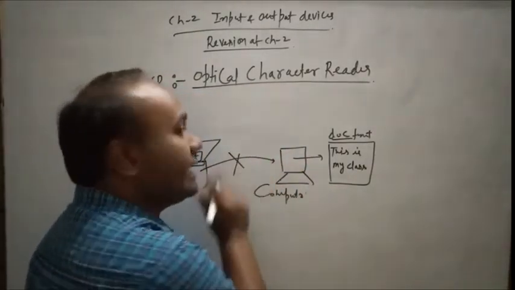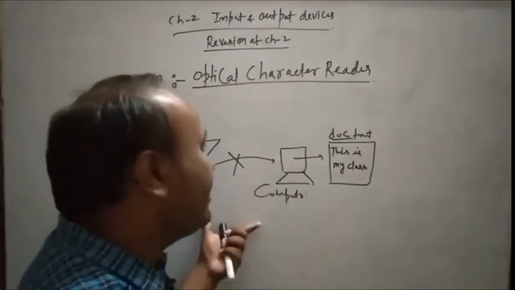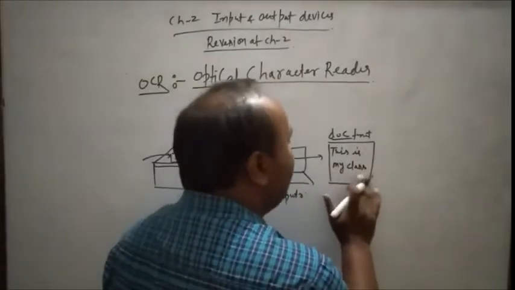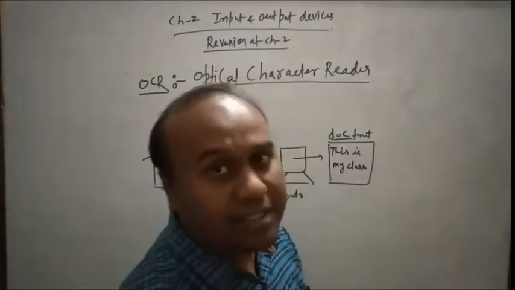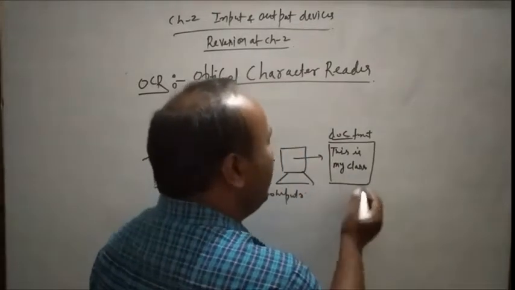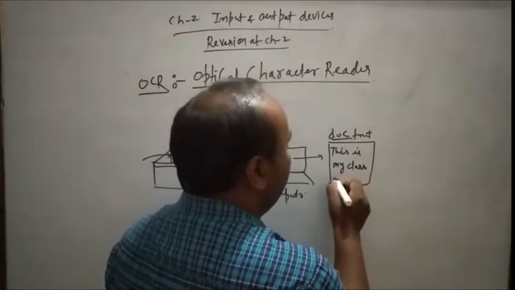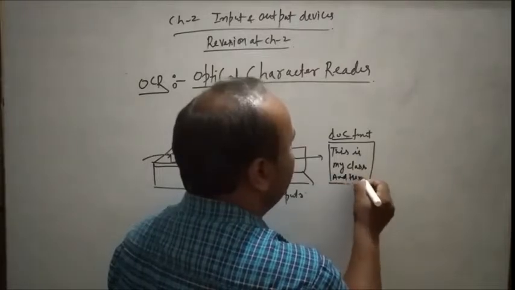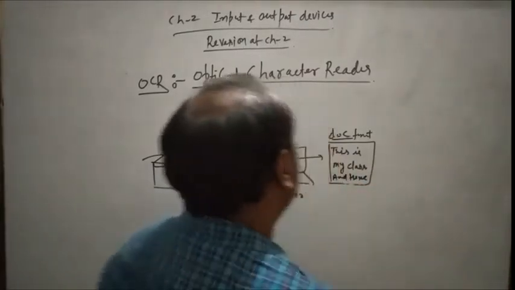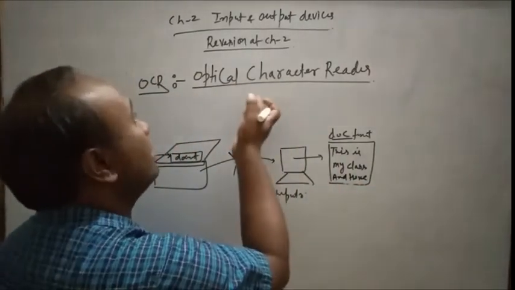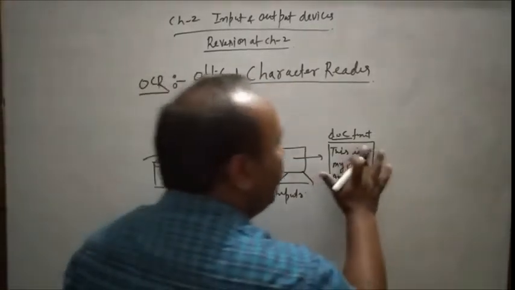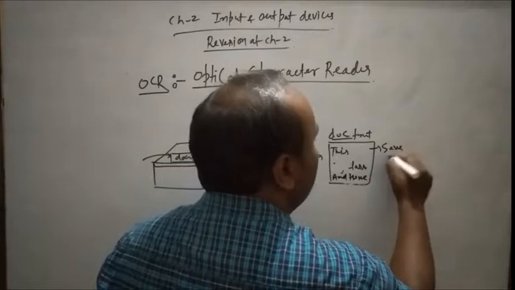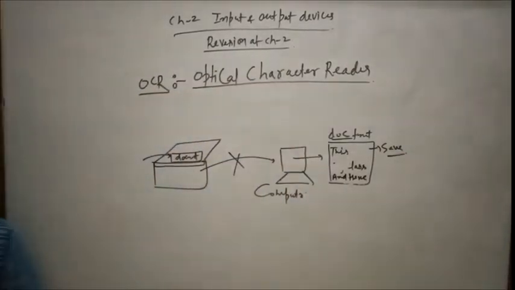Okay, when it is disconnected, जब हम इसे disconnect कर देंगे, तो after that if we want to make changes, तो directly we can erase it, or we can write or edit something in that particular document. Suppose this is my class, and here we are learning about chapter 2 HTML, otherwise input output device is something, or we can erase it, delete it, and then save it also. So simple, these are the benefits of the optical character reader.